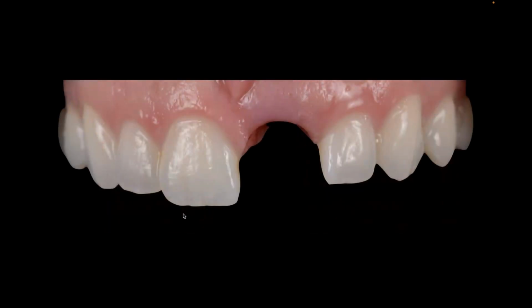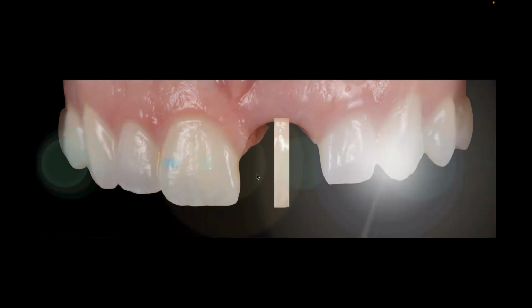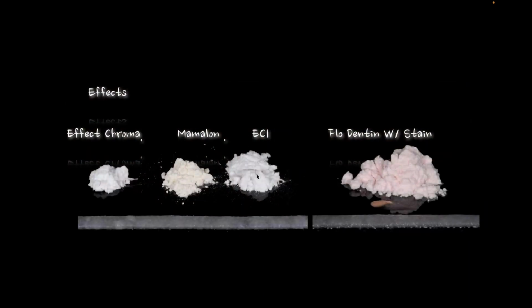So in cases like this, where it's an implant single central, texture is going to be key here, getting that cervical chroma and then transitioning from that little bit of value into this translucent area. To do that, I'm going to do exactly what I would normally do in all my buildups. The only thing I might work a little bit harder on, and that's a canvas buildup, by the way,